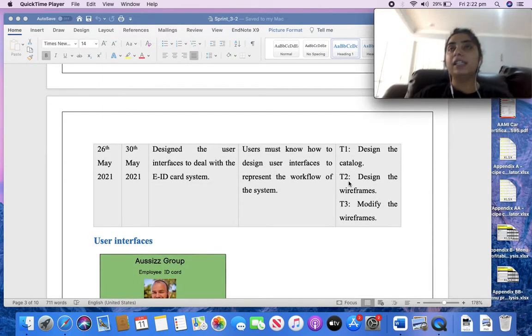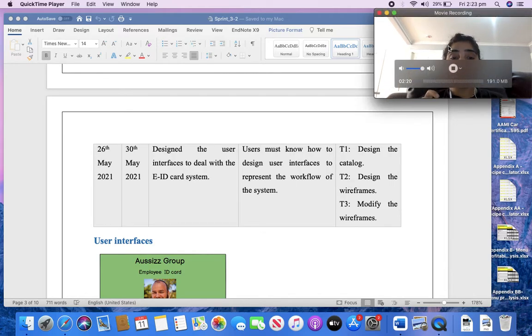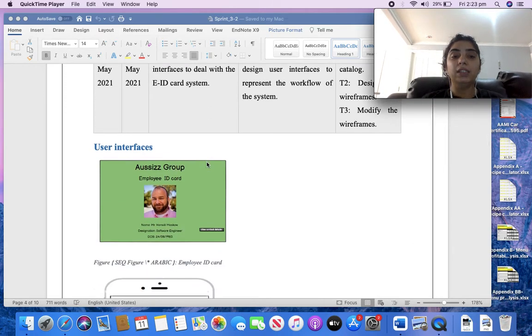In this sprint, the main purpose is that we created a product demo that we submitted to our client. We created different screens as user interfaces, from where we are getting the QR code and touchless technology. So these are the user interface techniques.